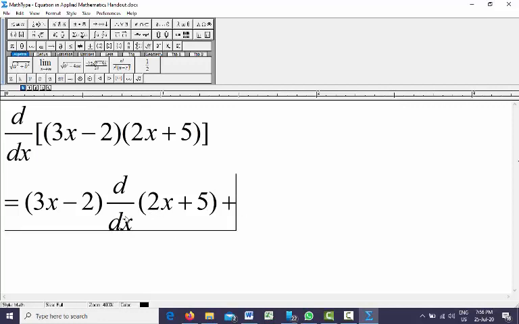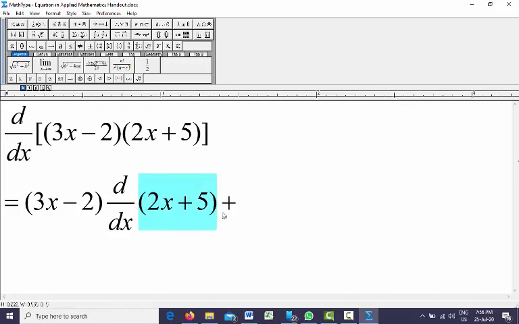Right. So out of these two items, you can choose this. Both of these items are in multiplication. So when you have something like that, you can apply the multiplication rule of differentiation. That means you can keep one of these items behind d by dx, and the other item in front of d by dx.